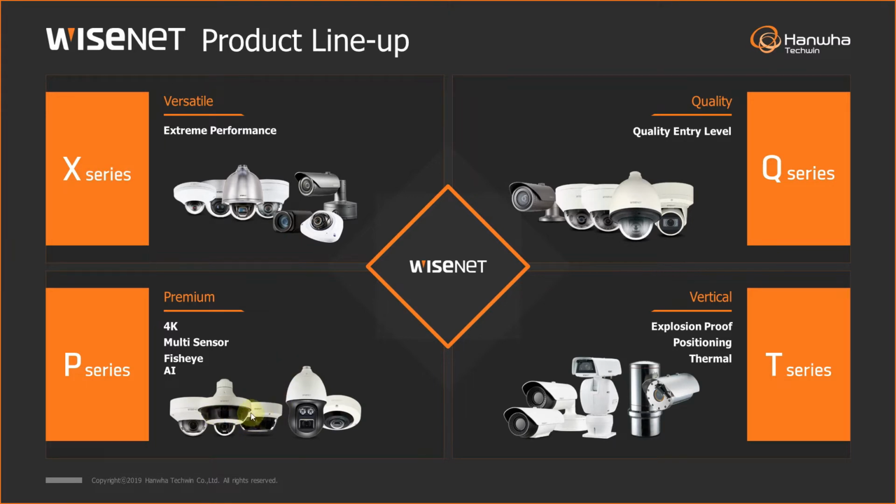P series is for multi-sensor camera. Any camera with more than one lens, P series. Cameras having artificial intelligence, P series. All right. So to summarize, most of the projects will be a combination of Q and X because that's what